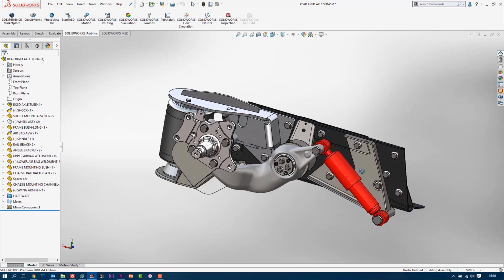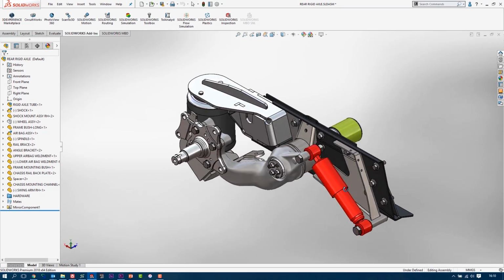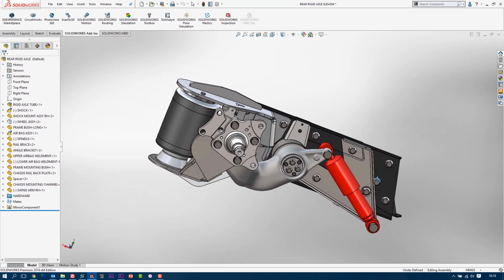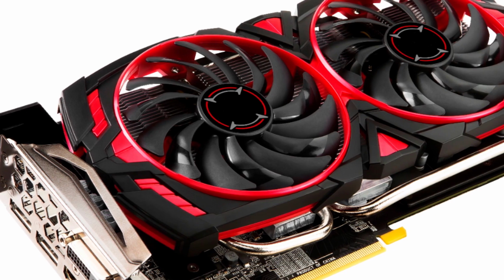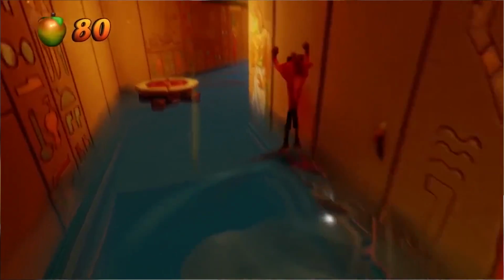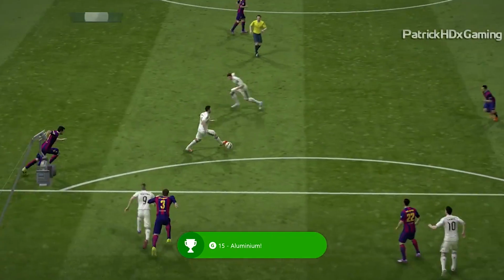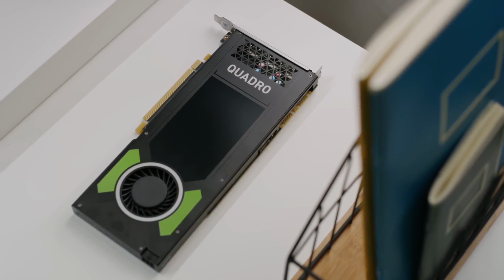Now, our graphics card. When designing in SOLIDWORKS, we spend all day zooming, panning, rotating, and interrogating our models. All of this is driven by the graphics card. It sounds obvious, but a graphics card with the most power is going to enable SOLIDWORKS to perform these operations smoother and faster. But we can't stress this enough. Gaming cards are not supported for SOLIDWORKS, and they will cause you issues. You must get yourself a professional CAD grade card. We always recommend something from the NVIDIA Quadro range. These are proven cards, they have the best performance, and they have the best support.